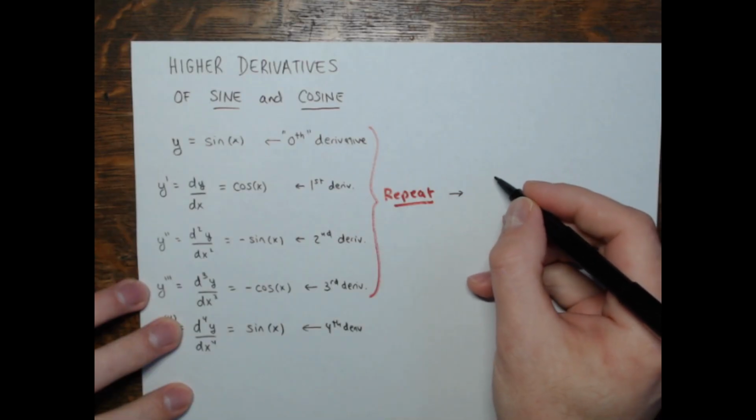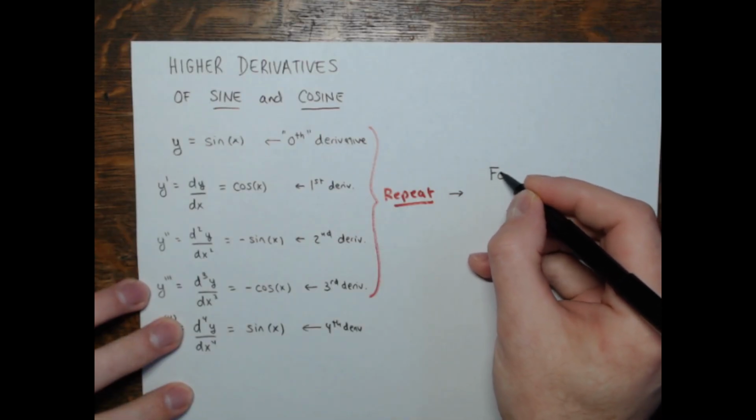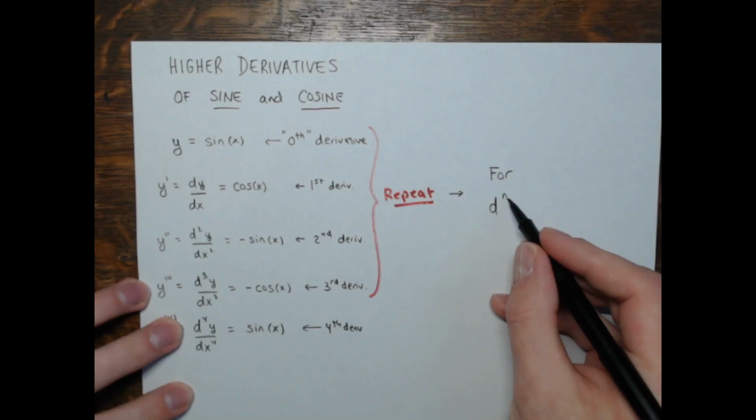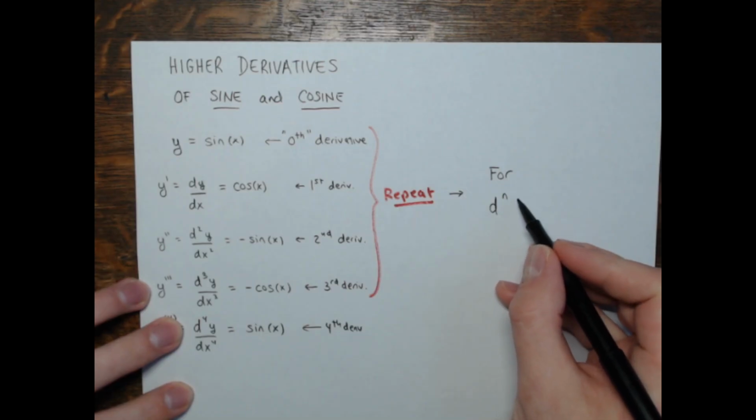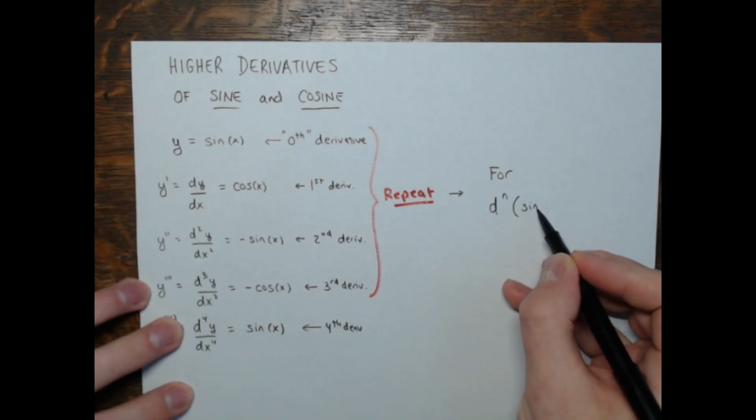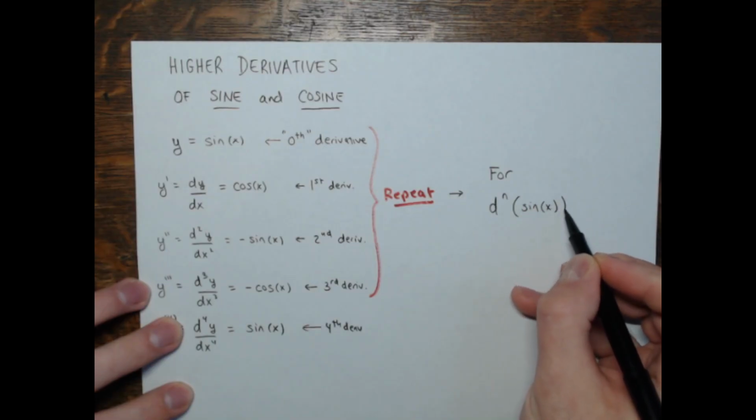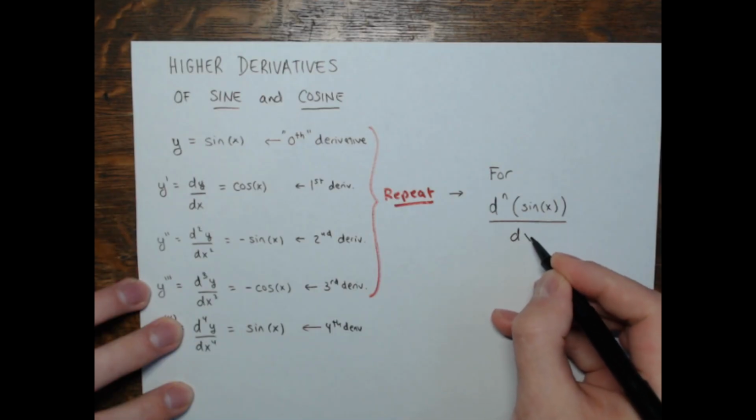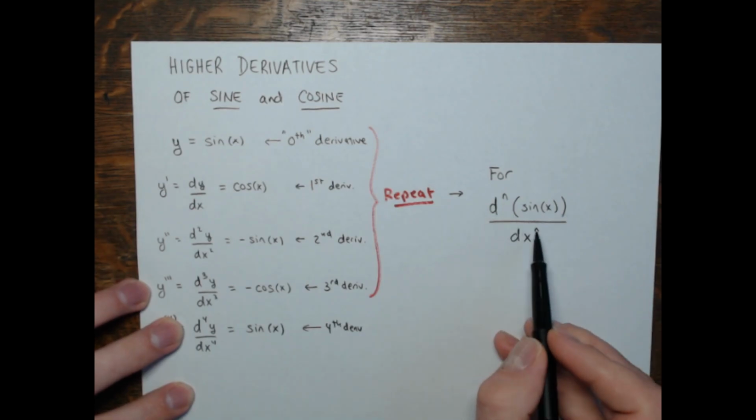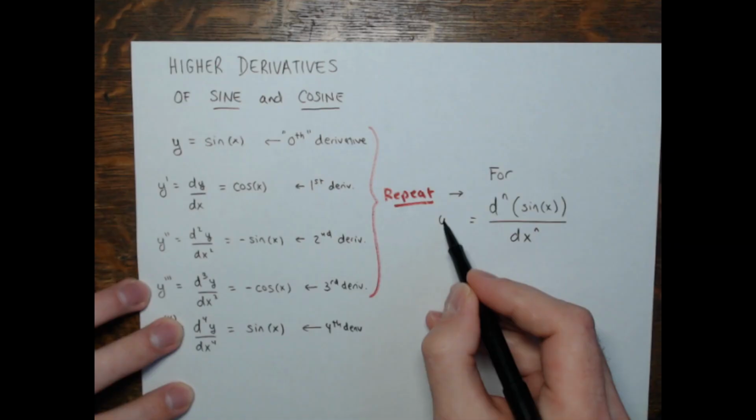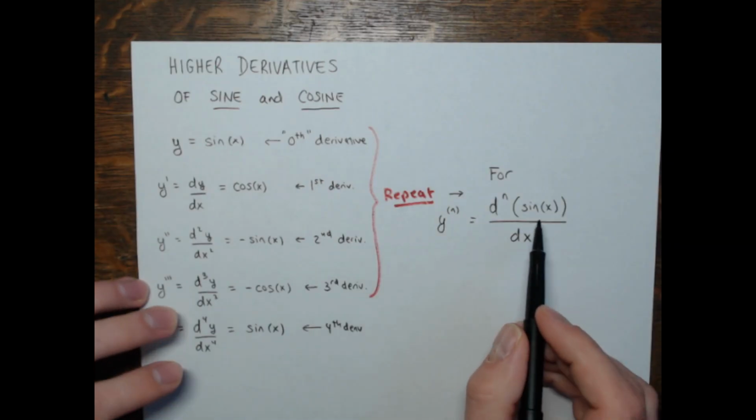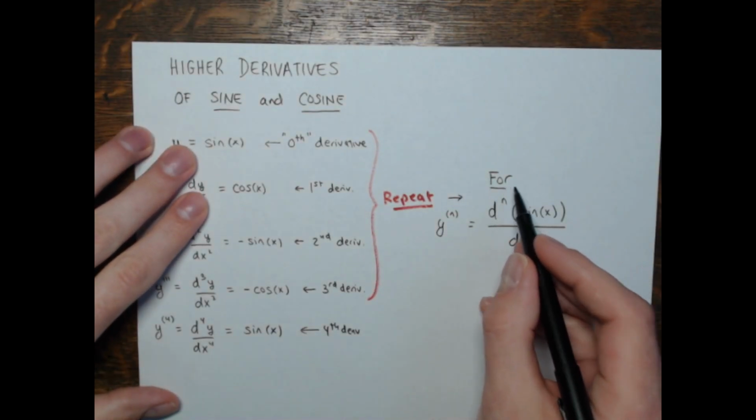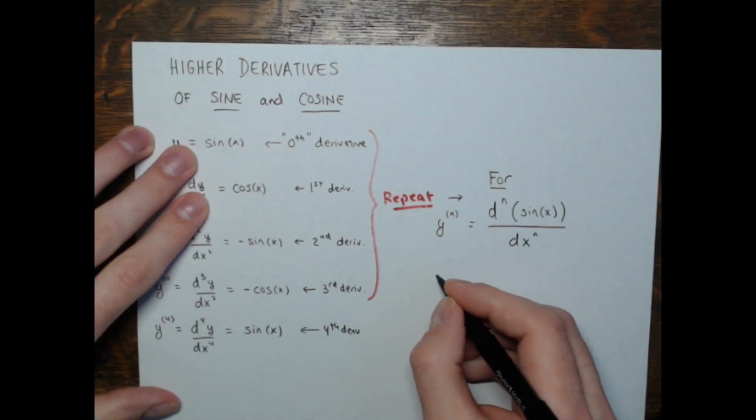So for higher derivatives, they're going to have this notation here, d^n, not sub n, super n. So the nth derivative of the sine function with respect to x, or whatever the input variable is. So this is that notation with the d^n over dx^n, or you do the y with the n in parentheses like this, where y is sine of x. But the nth derivative of the sine, you